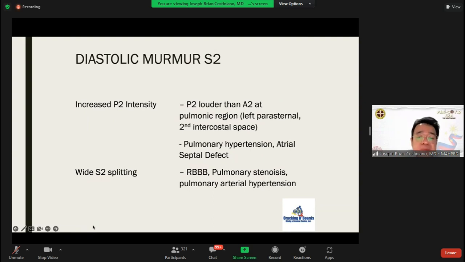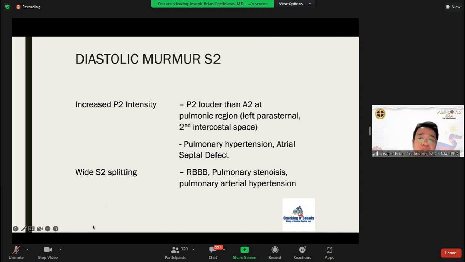Okay, your increased P2 intensity, kasi di ba yung S1 natin, meron siyang split, di ba? Tapos itong S2, meron din siyang splitting, no? Which is aortic and pulmonic. Now, in your increased P2 intensity, the P2 is louder than the A2. This is usually because of an ASD or pulmonary hypertension. And when we're talking about wide S2 splitting, then it's usually pulmonic stenosis and pulmonary arterial